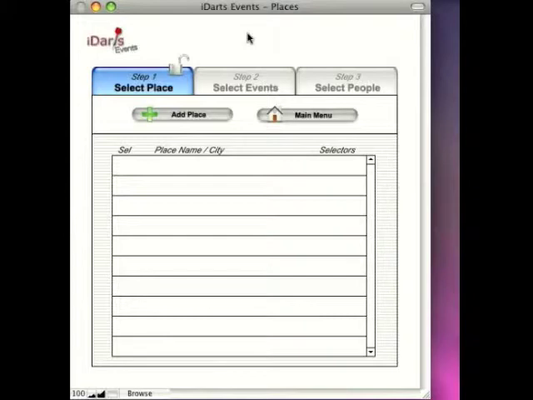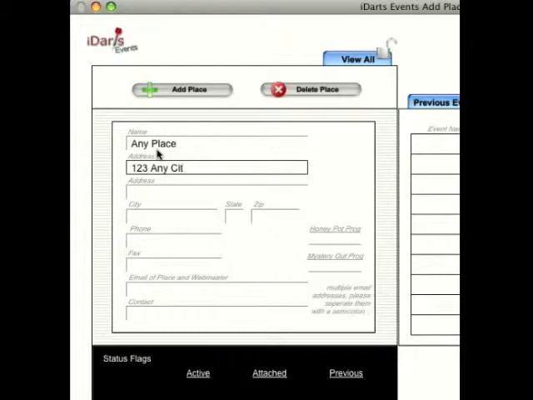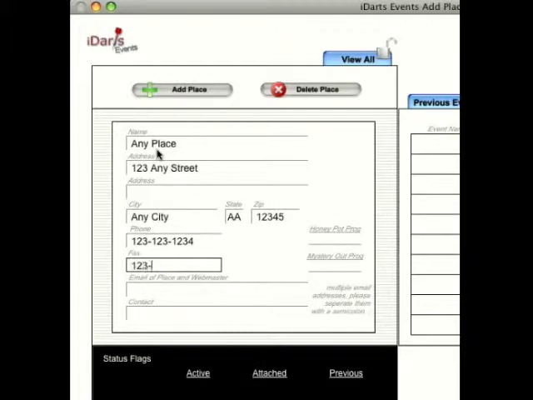We'll go ahead now and enter a place name. Just by clicking the add place, you now are going to the add place screens, where you will have the name, the address, second address if necessary, city, state, zip. Now we're doing the phone numbers,